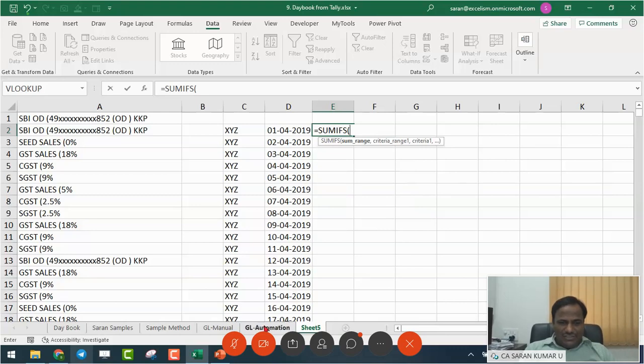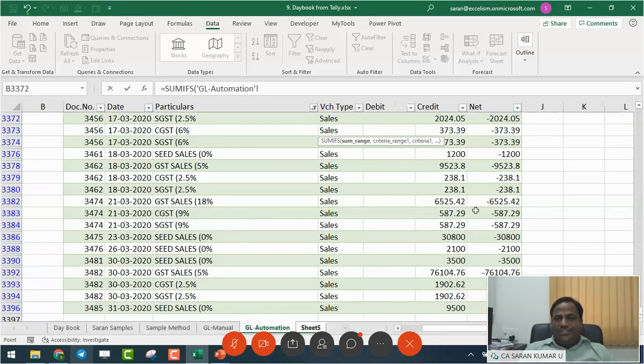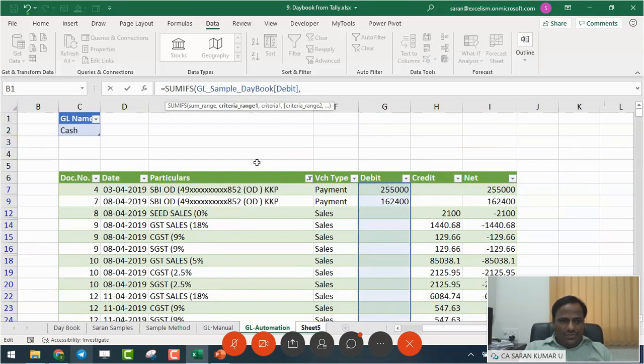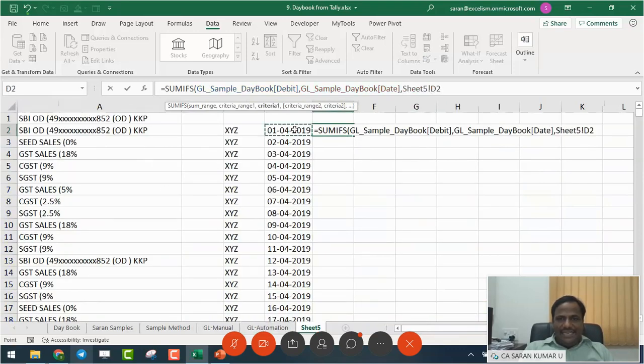What is the sum ifs function? Look into this column. Which column? I have to total the values which are there in the debit column, right? From here, let me take till the end, or else you can simply take this. Look into the debit column. I want to check date column whether this date is matching with this date. Then